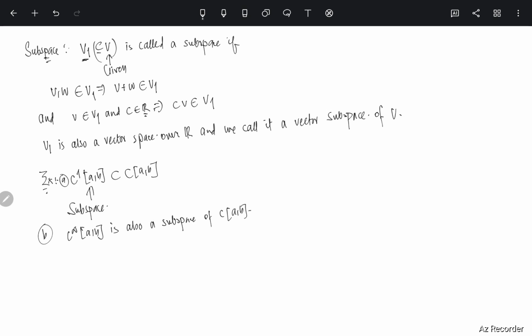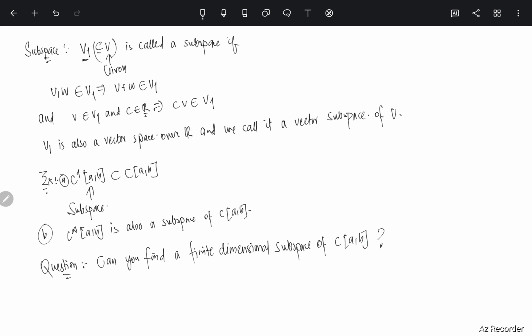Now one question, and this is where we are going to end the lecture: can you find a finite dimensional subspace of C[a,b]? That is the question, and with this question